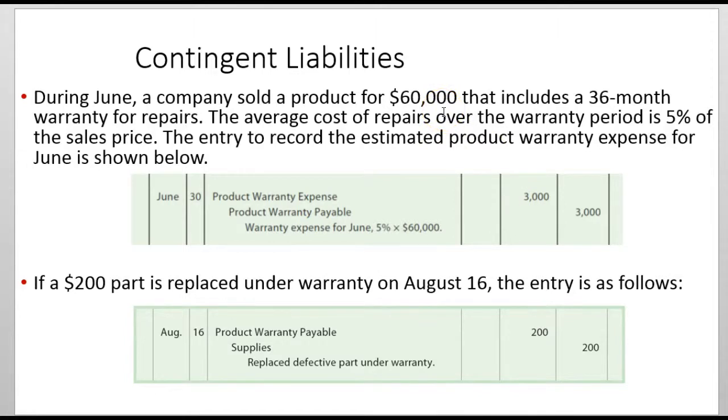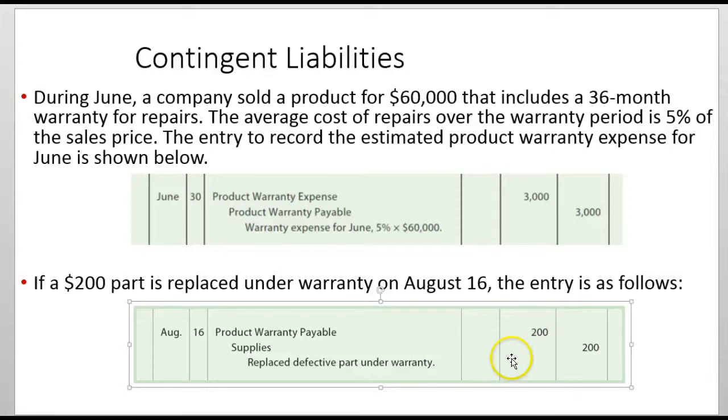Now remember, you're always matching sales with expenses, so warranties are really important. So I'm going to show this as an expense for that sales period and as a payable for that sales period. I haven't paid it out yet, and I really don't know which customer I'm going to have to pay it out to, but I've established it and I have a payable. So now, when somebody does come up and needs a warranty part, I simply, see, I've already recognized that as an expense up here. So I'm going to take that part out of supplies, and I'm going to take it out of